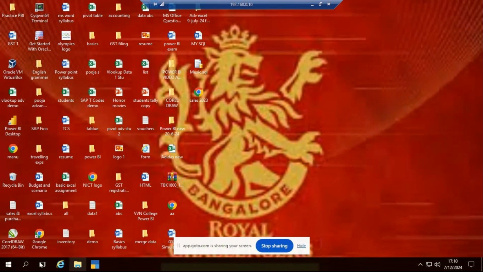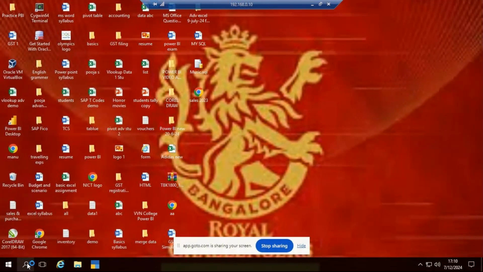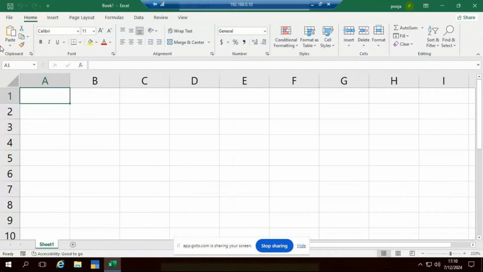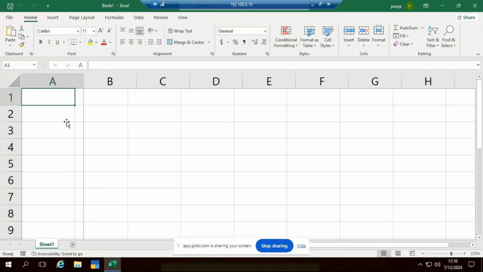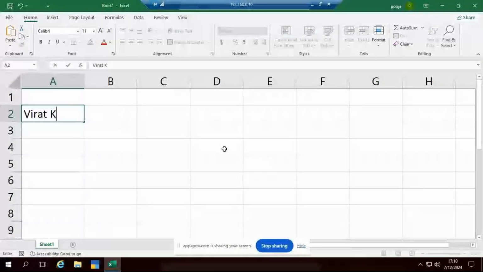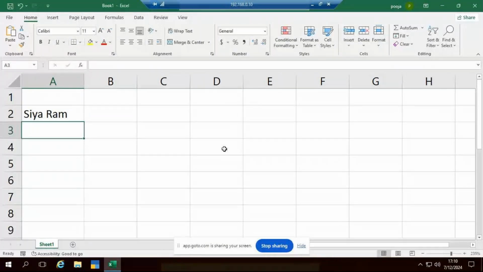For example, I'll take some names here. Sienna,